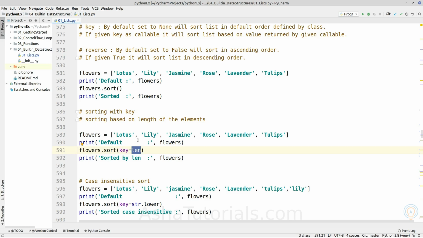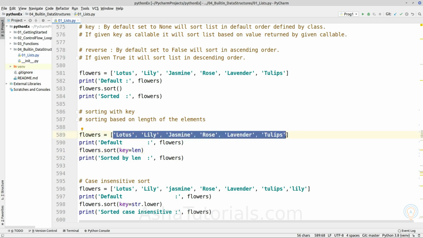Okay, so that return object for each element is sorted, and according to that return value, the particular elements are sorted. Okay, so here we can also write our custom function. Based on the return value from that function, it will sort the elements of a list.